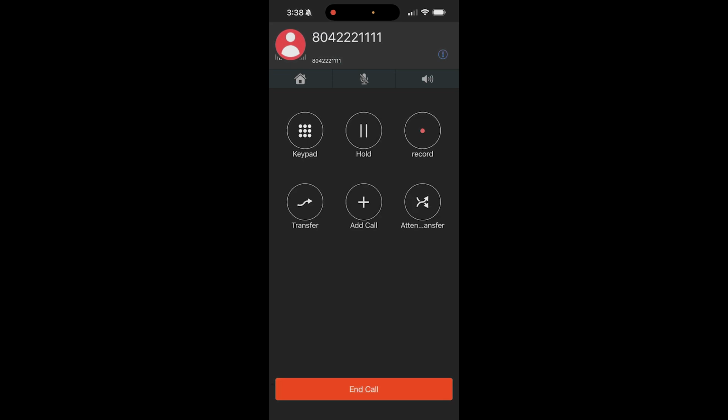Once your call connects, you'll see several in-call features. Under the caller information, you'll see buttons for returning to the home screen, mute, and speakerphone. Under that, you'll see options for keypad for auto attendant, hold to place the caller on hold, call recording to